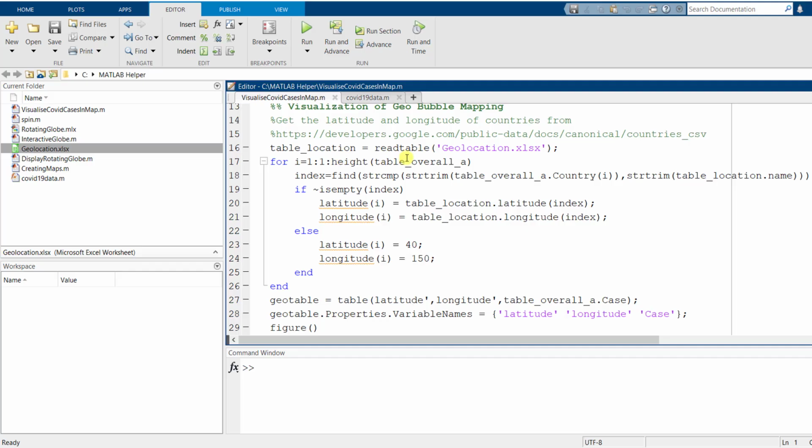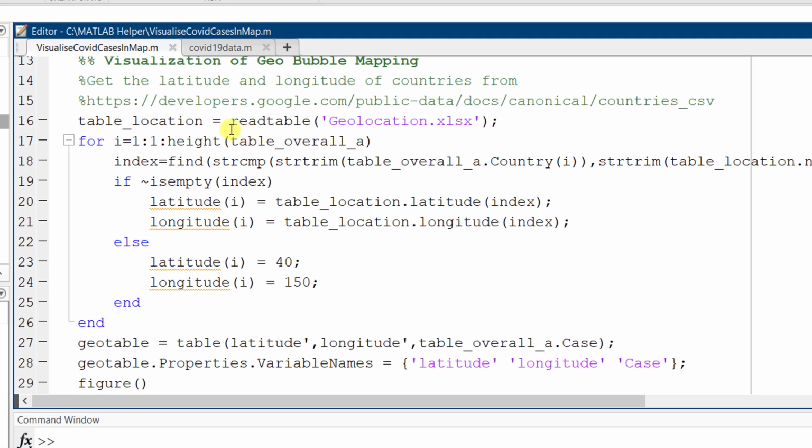In the code, we'll be reading the Excel sheet geolocation and converting it into a table. So for that we are using the readtable command, and the new table is now named table location. Using a for loop, we are now matching table location and table overall. First we'll find the index of a country and match them.